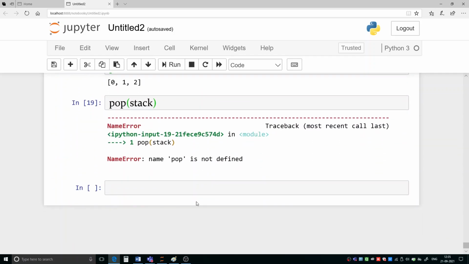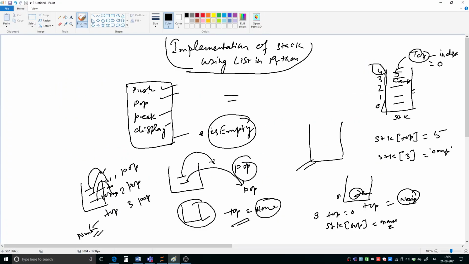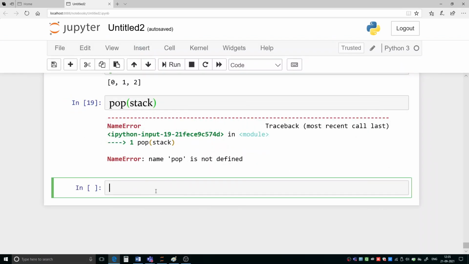Next we have to see this pick. Picking means what? We have to pick the element at the top. So simply we will be defining that also. Picking top element.